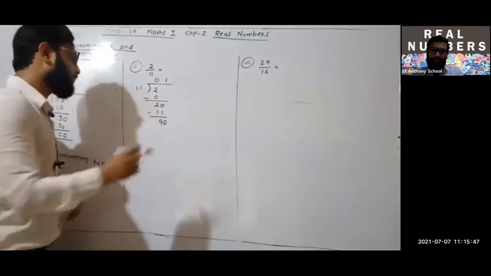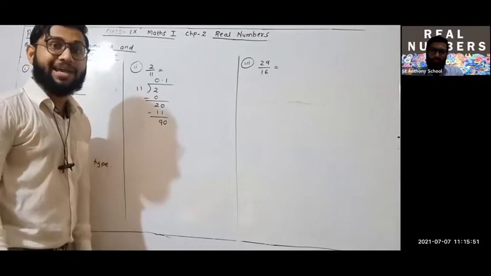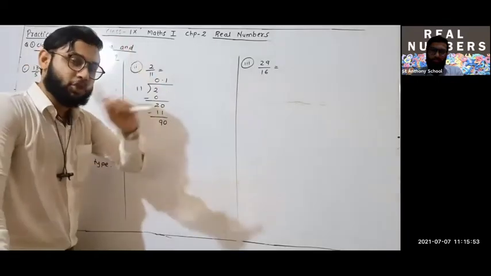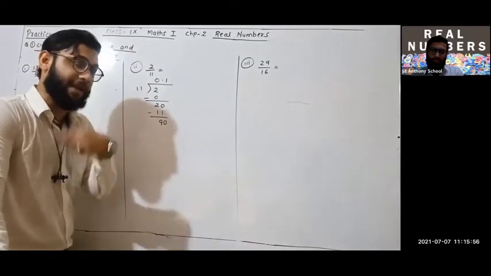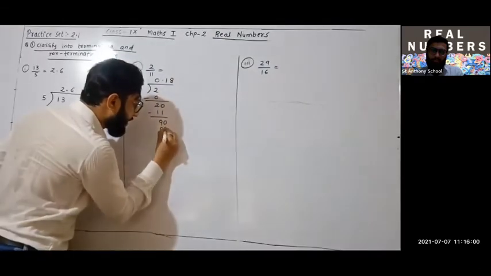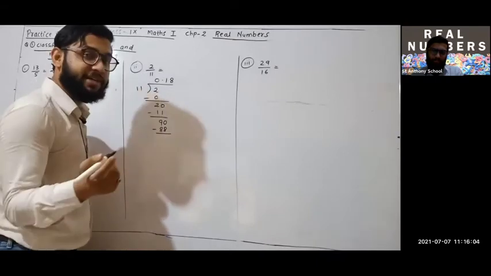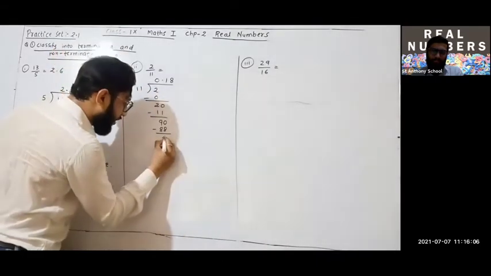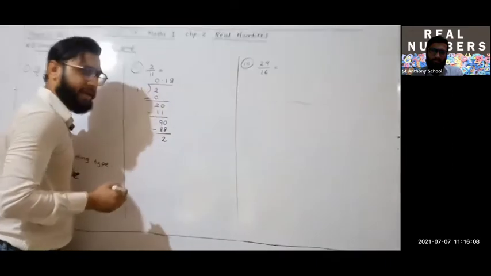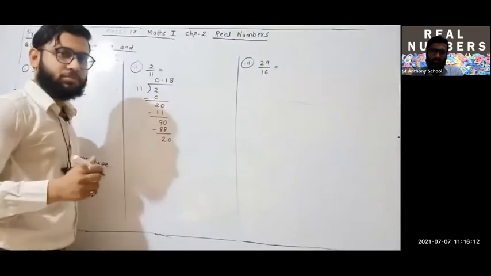Okay, 90. So 11 how many is up? 11 eights are 88. 11 nines are 99. So we can't take 11 nines 99. So we have to take 11 eights are 88. Yes. 90 minus 88, how hard a calculation is that? 90 minus 88 is how much? Yes, you have 2. Okay. So again you will take 0. As we have discussed, if the number is smaller, we will add 0.